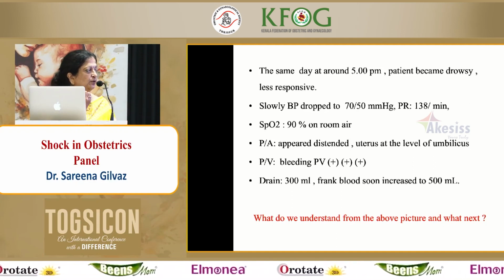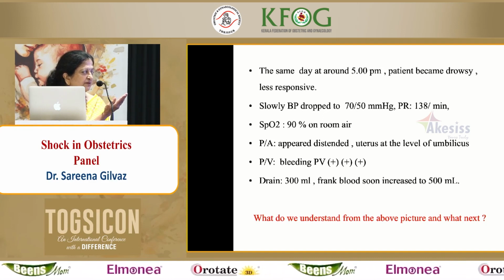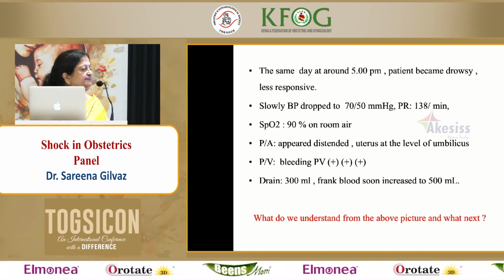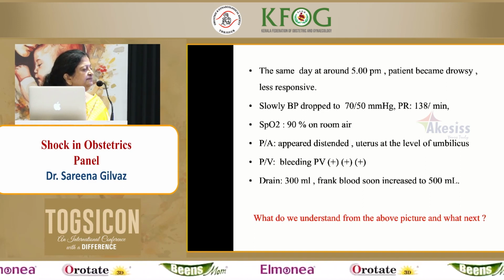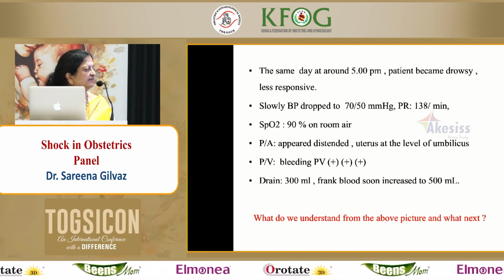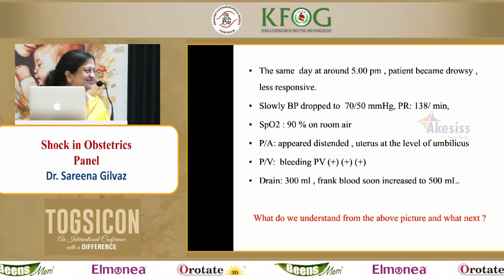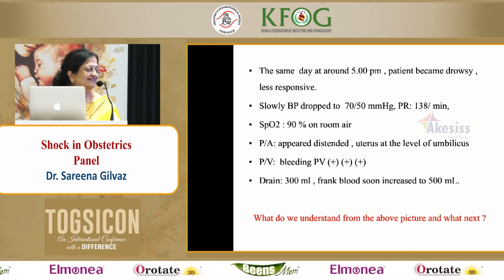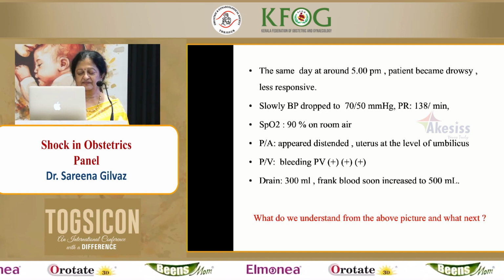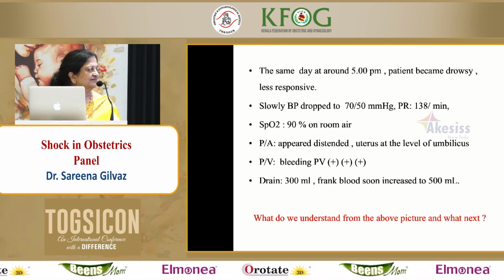So when we found a low hemoglobin as well as the other parameters... What else showed you, Dr. Suri, that she was probably bleeding inside? Yes, so it was also that her BP had dropped, and then there was the frank blood, which over one hour became 200, then 500 ml. So that showed it is active bleeding, along with all the hemodynamic parameters, which showed that she has gone into shock. Yes, I think after arranging all the products, our next